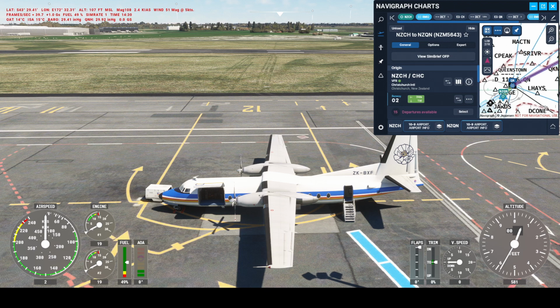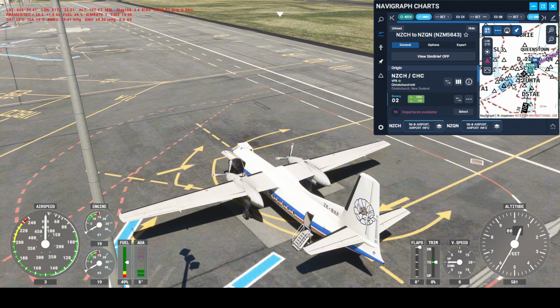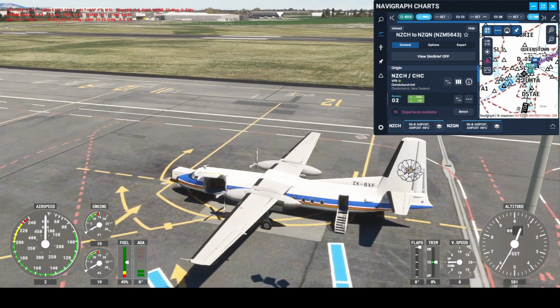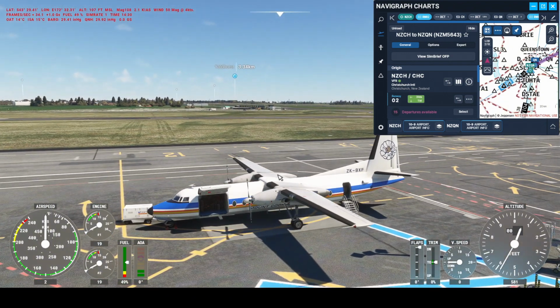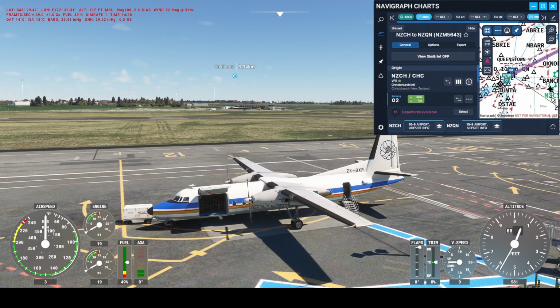We'll see how it goes. The weather seems quite pleasant in Queenstown, so we'll just see how it goes, eh? And yeah, I think maybe we'll do... The wind's coming from the northeast, and it would be 05 that we use. But let's do 23, eh? That's a nice scenic flight